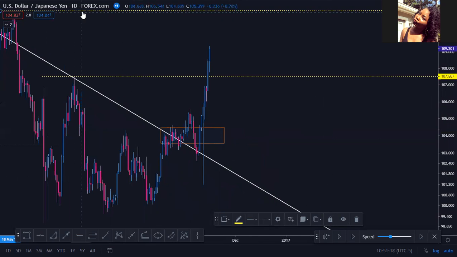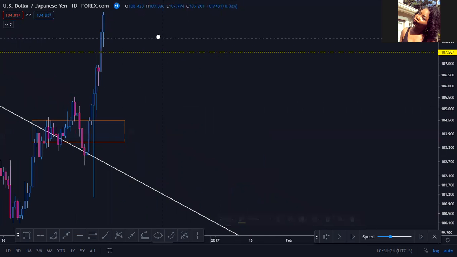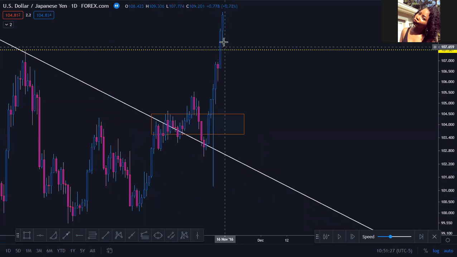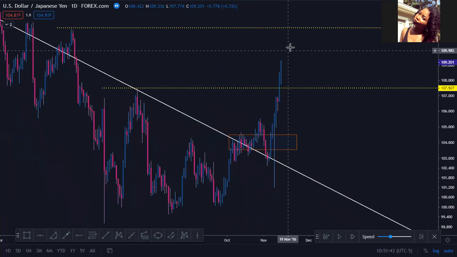So on a daily time frame, you can already see where price broke your ceiling. It pulled back. It already pulled back for you. So in that pullback in the real market, when it broke that ceiling, pulled back to retest the ceiling,